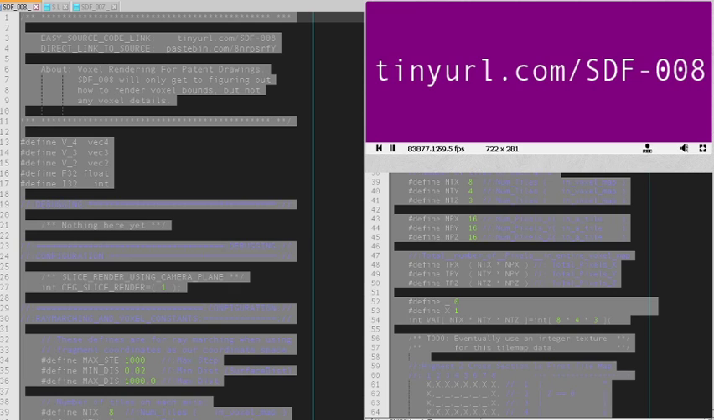Sound. Okay, we got sound. Top window audio. Do we have audio for the top window? Okay,